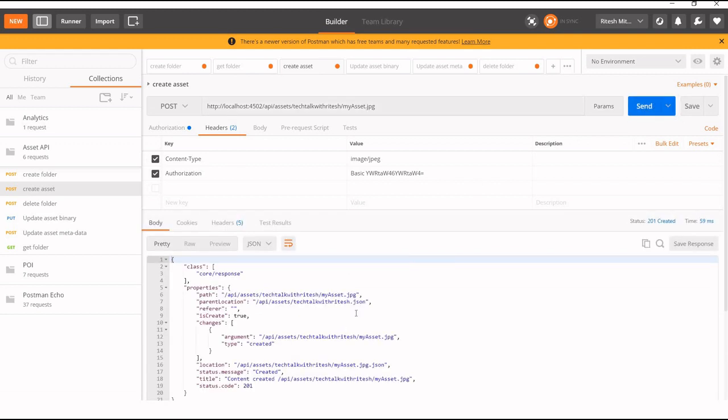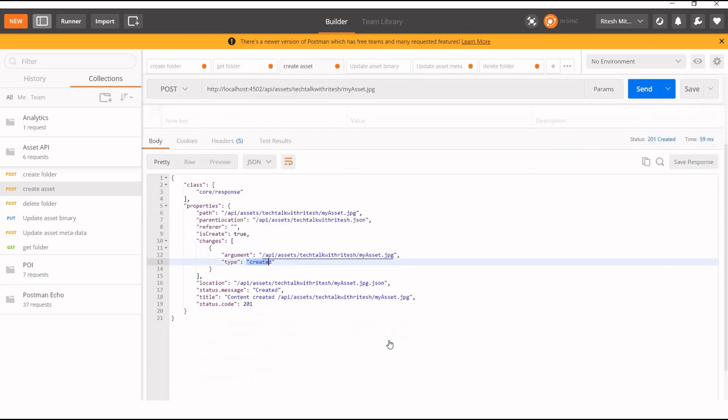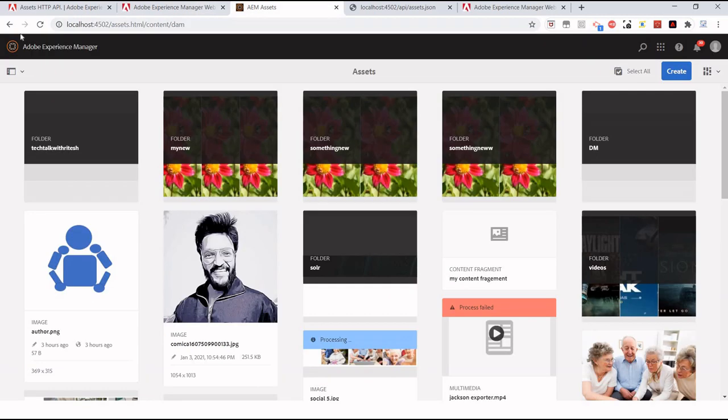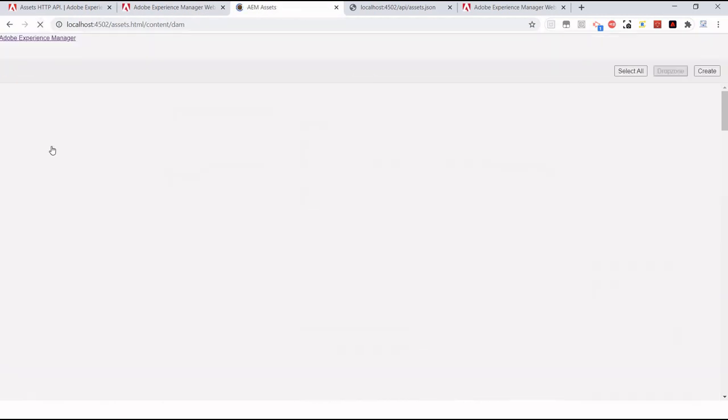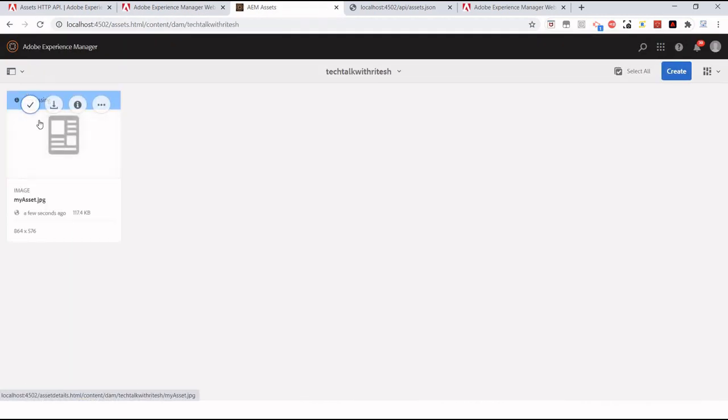Let me hit it, and it says it's created. Okay, let's just quickly go and check. I'll just refresh it. Right now it's in processing, because whenever we upload a new asset, there are a few default workflows assigned, so it's being processed right now. But yeah, the asset is created successfully.